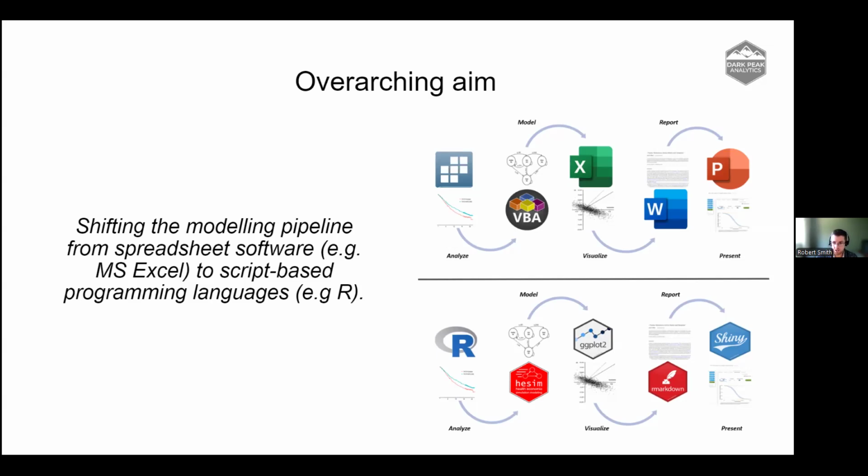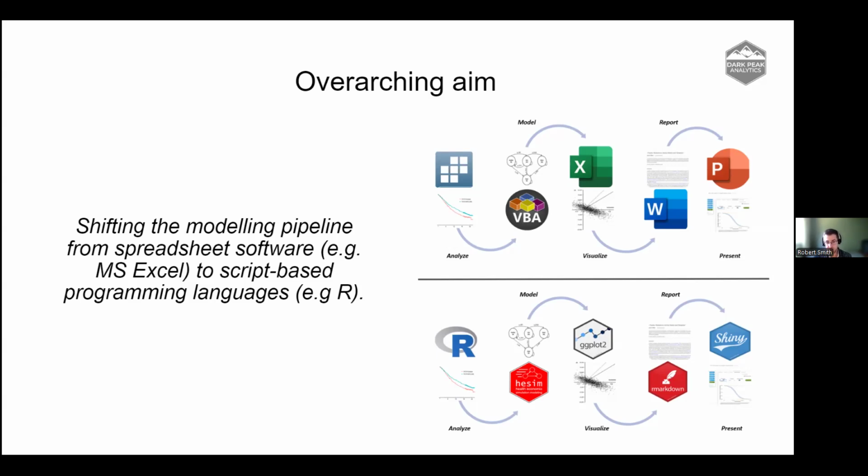So those of you that are working in the health economics space will know that there's a massive demand for health economists that are able to build these models and review these models, and that's a problem. So being more efficient is essential here. So what can we do and what can we move